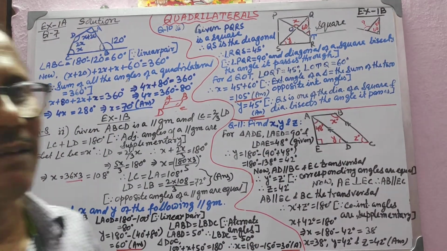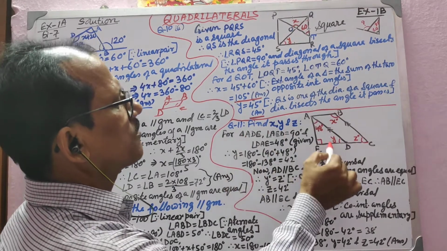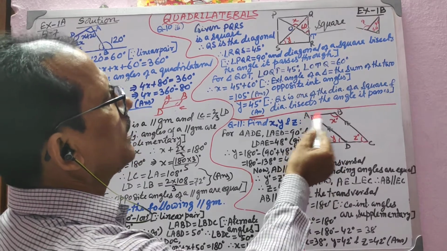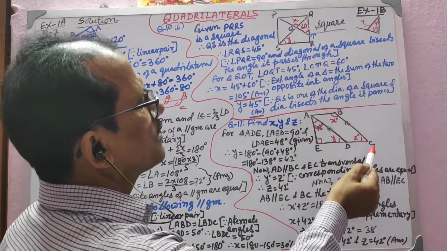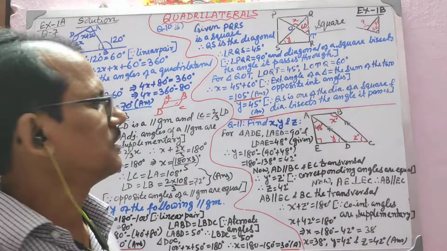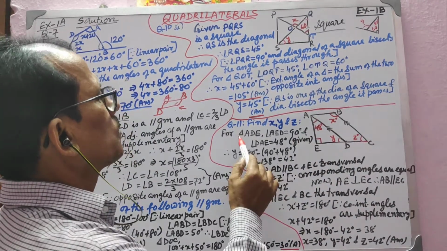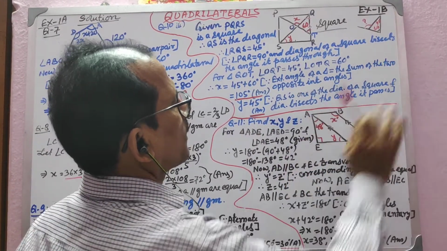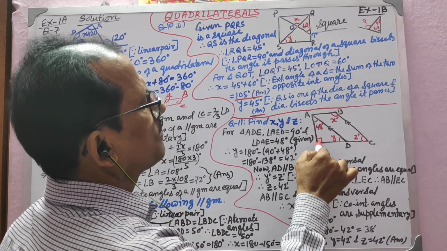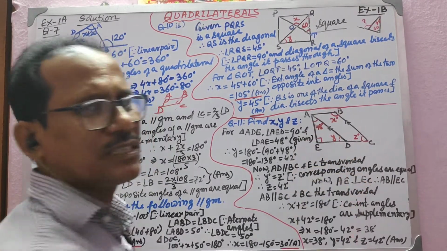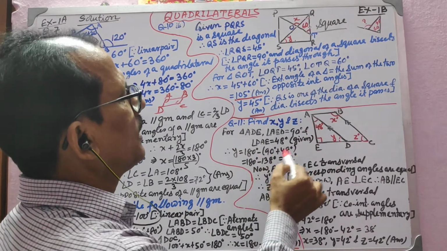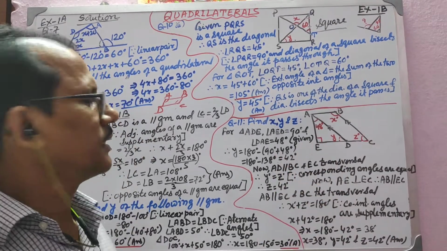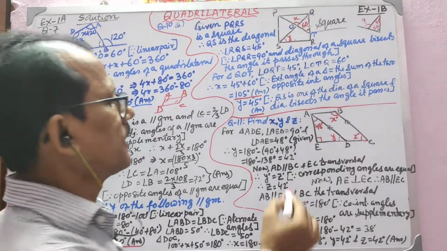Moving on to question number 11, one of the sums I have taken, that is this figure you see. This question I have marked as A, B, C, D, E. All these vertices I have named just to mention the angles. So for triangle ADE, for this triangle you see, leave that one. AD you see, here is 90 degrees by the symbol given to you, here is 48 degrees given to you. y is very simple. So y will become 180 minus the sum of 90 plus 48. So 90 plus 48 will be 138. So y will be 180 minus 138, that is equal to 42 degrees.